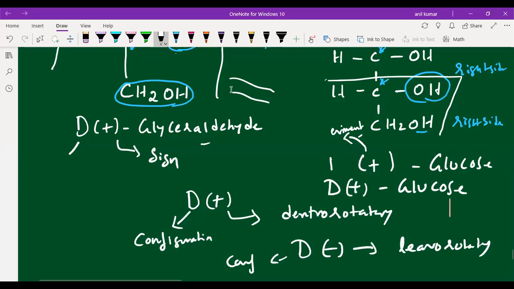I hope everybody understands. Capital D, Deepika, you have to keep capital D, not small d. Capital D plus glucose, not small d. Capital D is configuration. Plus means it is dextro. Okay, fine, students. How to find configuration, sir? By seeing the OH groups. If the OH groups are at the right side, it means D. If one is at right and the other is left, it means L configuration.